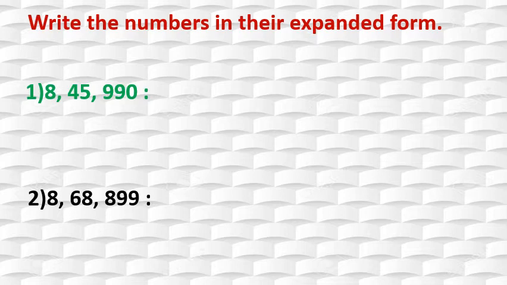Correct? Now one easiest method I will tell you. While writing the expanded form, we want to write first the 8. Correct? Then after it, how many digits are there? Here 2 digits are there, and here 3 digits are there. Correct? Here 3 digits, so in front of 8 we will give 5 zeros. And after that we will write 4. Then how many zeros will we give? 1, 2, 3, 4. 4 zeros.